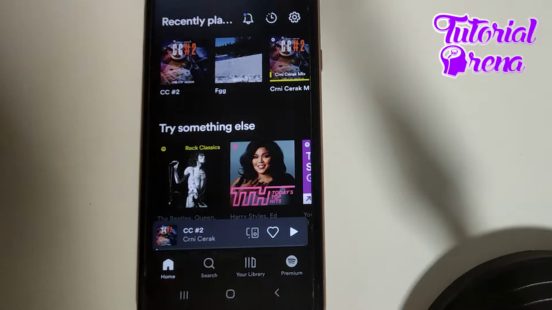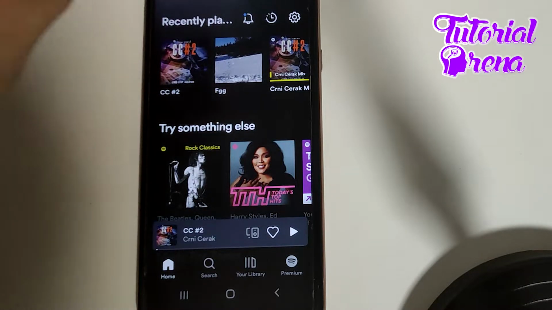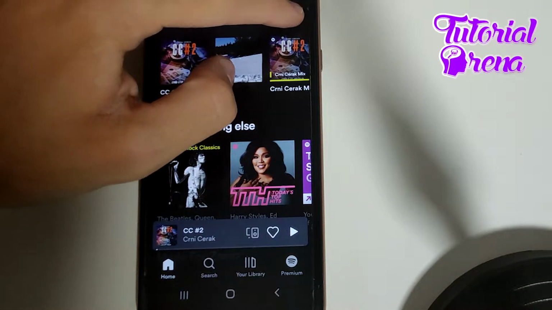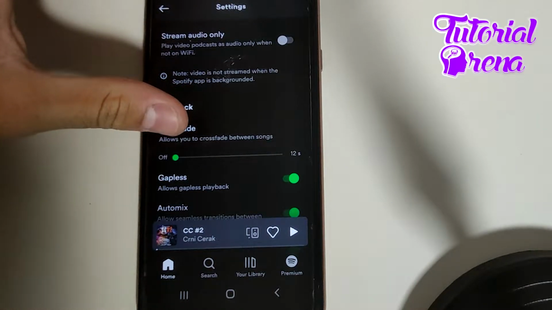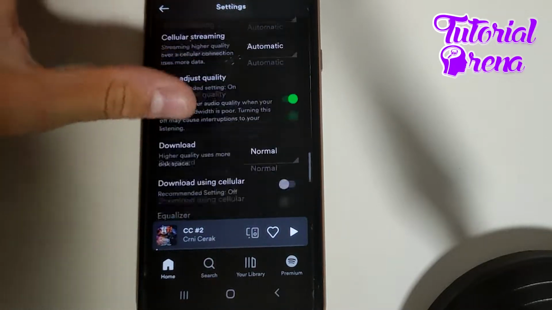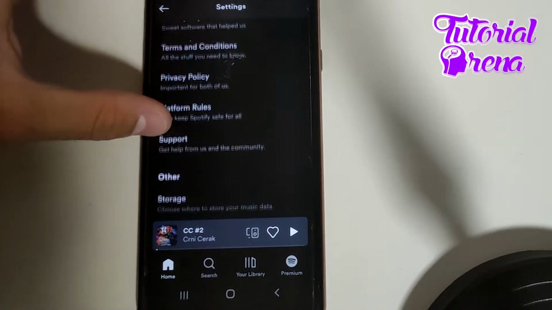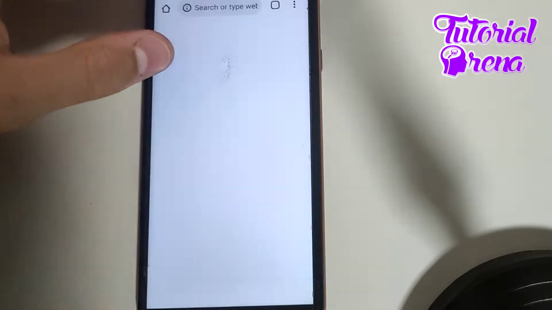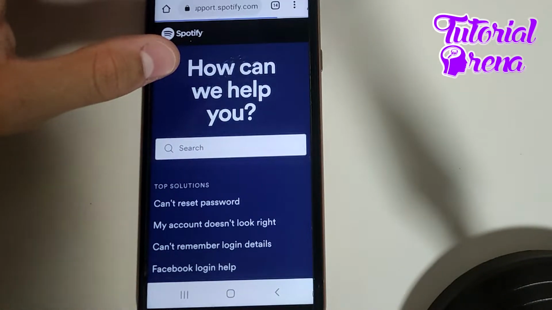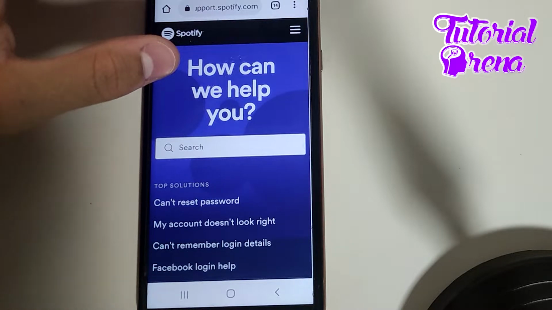Firstly, what you need to do is go to the settings bar on your upper right side, and simply scroll down and take a look at the main point for this site, which is right down there. And as you can see here, it is Support. Click on that support site and it will take you to that website on your browser,